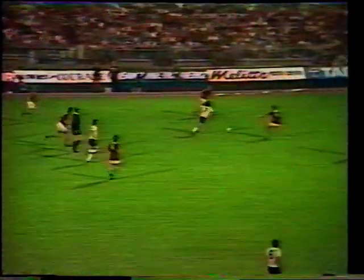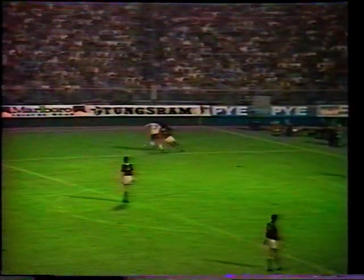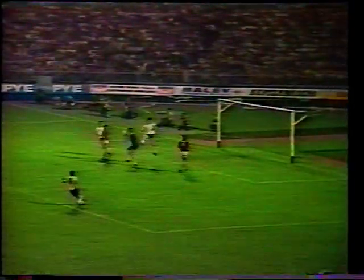Here's Keegan again. And Markos losing out to Keegan. Keegan getting possession again down by that byline. The cross coming in there towards Paul Mariner, and the keeper got it well. Took a bang on the head from Mariner as he did so. Clash of two big men there, and he's in the wars, this Hungarian keeper Belia Katsiats. He broke a finger in a